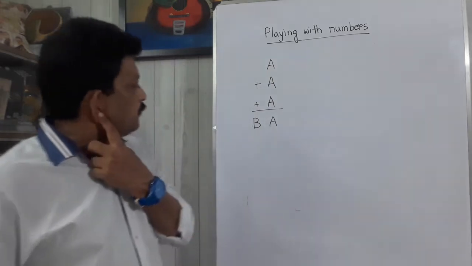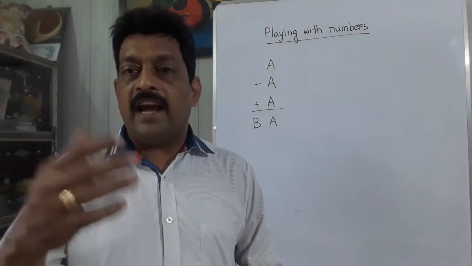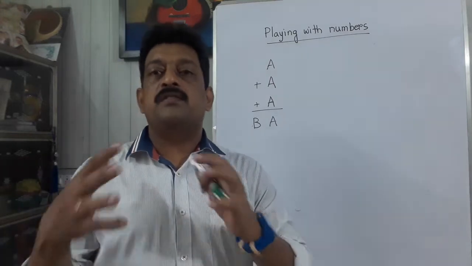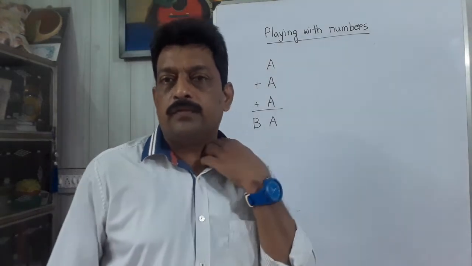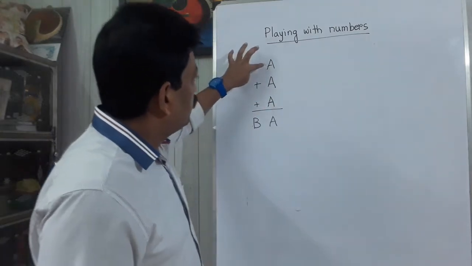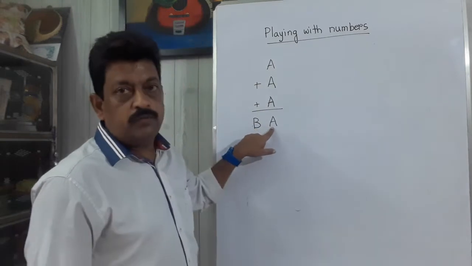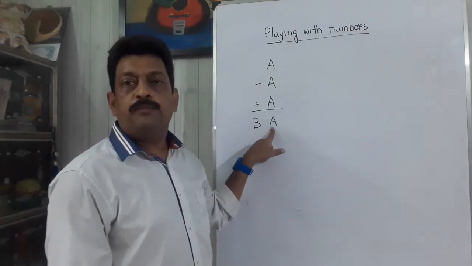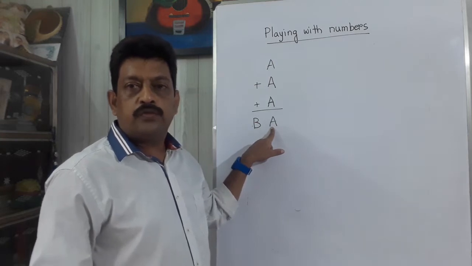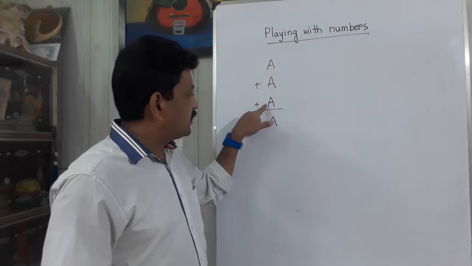Okay. Now think of those numbers which when added thrice give the same number at the unit place. Let me take 1. So if I put 1 here, 1 plus 1 plus 1, 3. But it should be 1. It is not matching. Leave it. Now let me put 2. So 2 plus 2, 4 plus 2, 6.